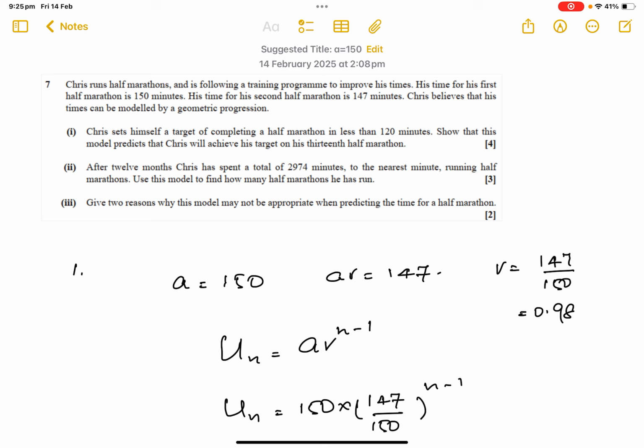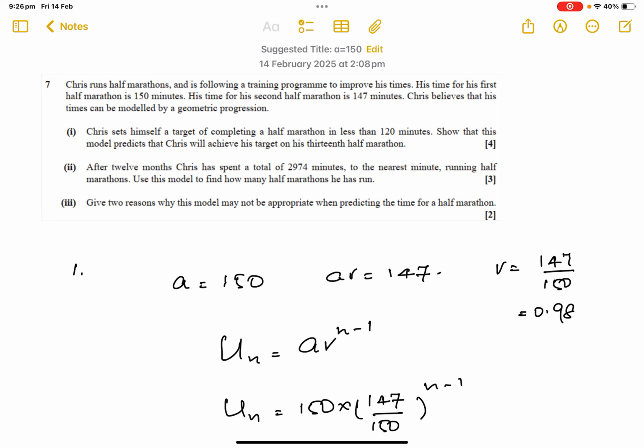A past question on series from an Oxford and Cambridge past paper. Chris runs half marathons and is following a training program to improve his times. His time for the first half marathon is 150 minutes. His time for his second half marathon is 147 minutes. Chris believes that his times can be modeled by a geometric progression,